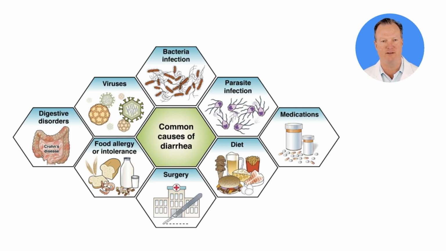Another cause can be bacteria and parasites. Exposure to pathogenic bacteria, such as E. coli or parasites through contaminated food or water, leads to diarrhea. When traveling in developing countries, diarrhea caused by bacteria and parasites is often called traveler's diarrhea. C. difficile is another type of bacterium that causes diarrhea, and it can occur after a course of antibiotics or during a hospitalization.